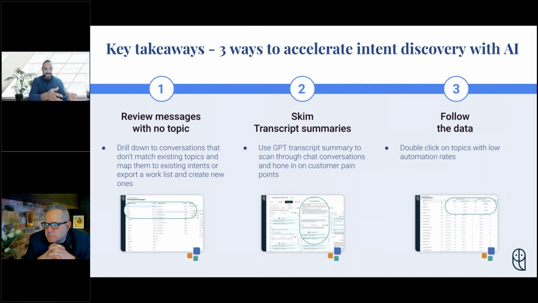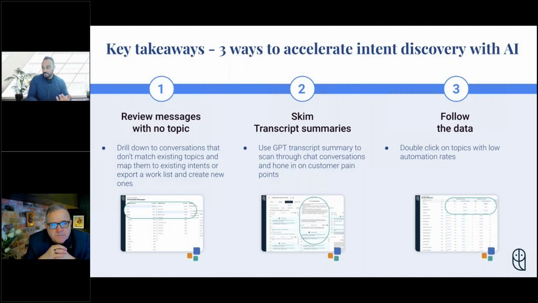We talked about this at the setup, and I'll summarize. As you run your bot program, you'll find, especially right after launch, you've got a ton of data. You're likely doing it manually. Certainly I did when I first started: spreadsheets, SQL, analytics teams running reports for you. What we covered was ways to do that faster and easier. You're likely constrained for resources. What we want to do is make that easier and start getting the ROI for your bot program.